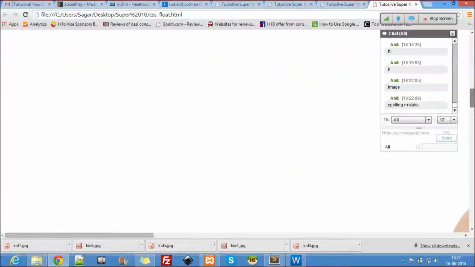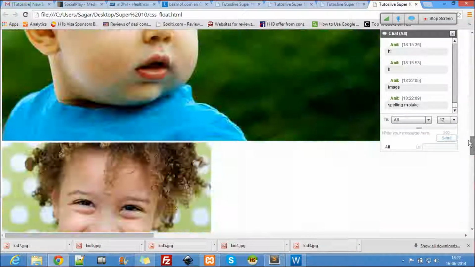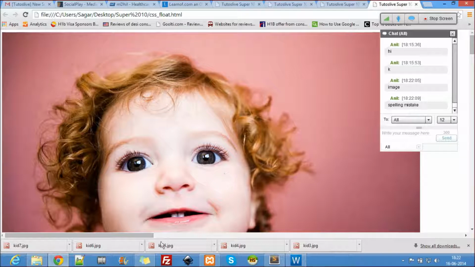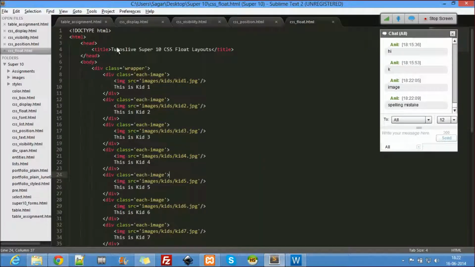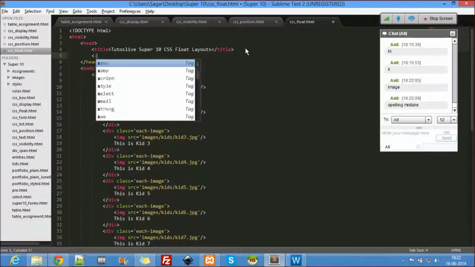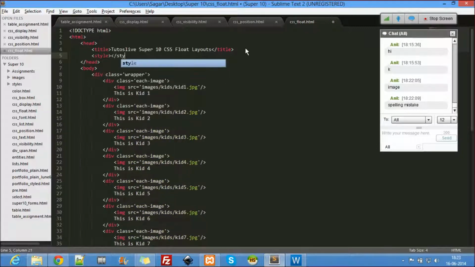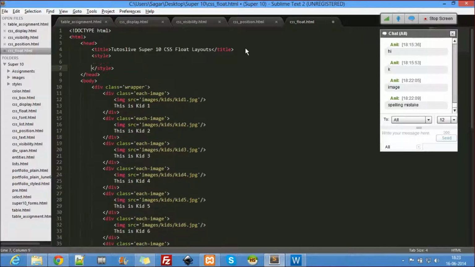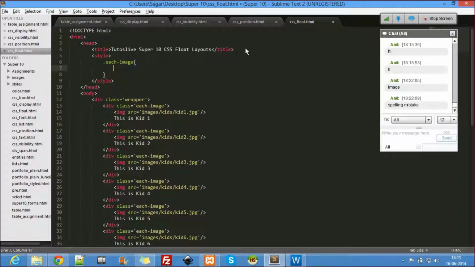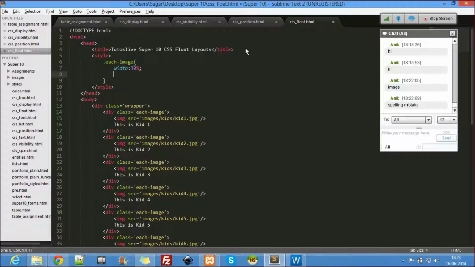So here css_float, let's click on it. The images are really big, they have come as they are, so we have to restrict them, right? So what I do here is let's style it. For each image, let the width be 30%, and the height maybe 100 pixels, or let's take 400 pixels.